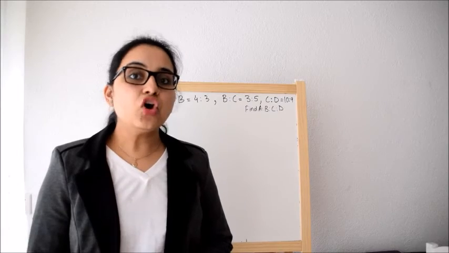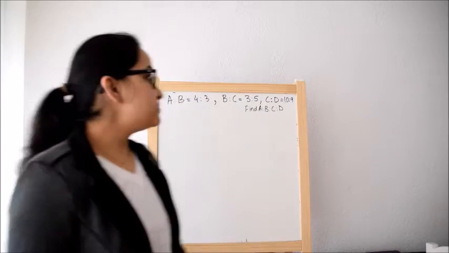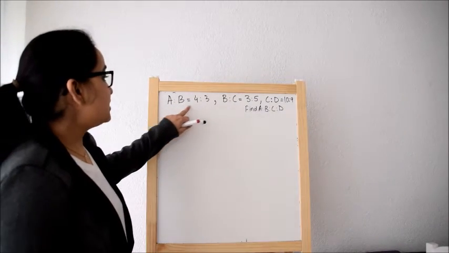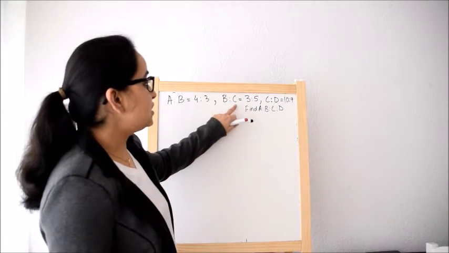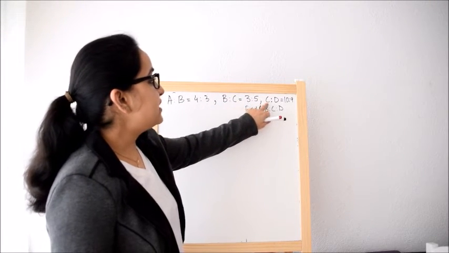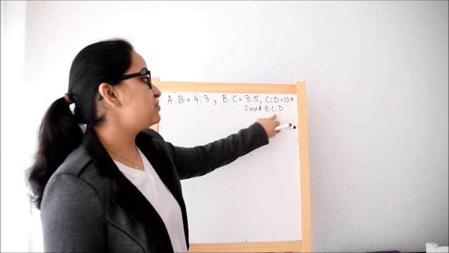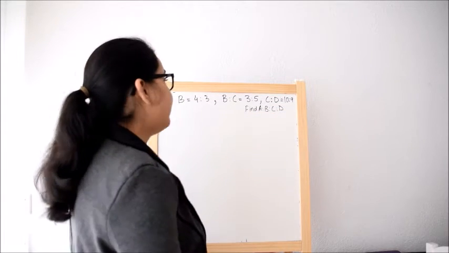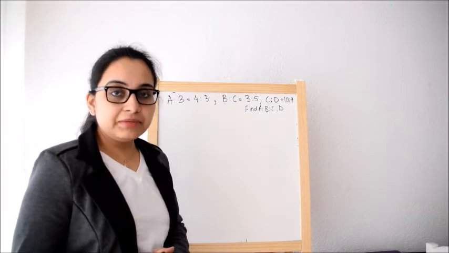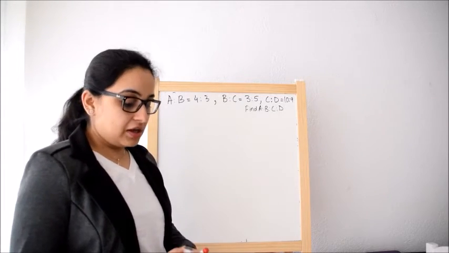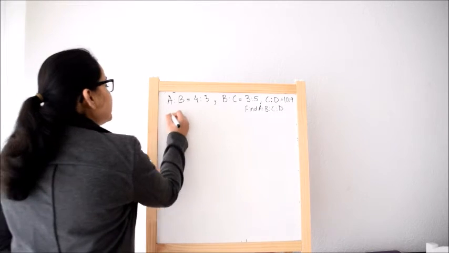This is the problem on ratio and proportion, and the problem says that A is to B is 4 is to 3, B is to C is 3 is to 5, C is to D is 10 is to 9, then find A is to B is to C is to D. Okay, so I will be again discussing three methods of solving this, and the first method is, first we'll find